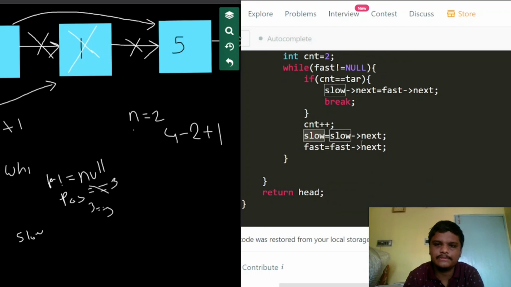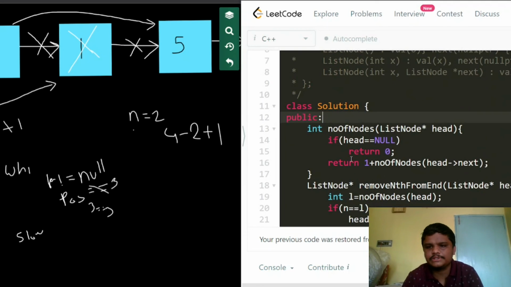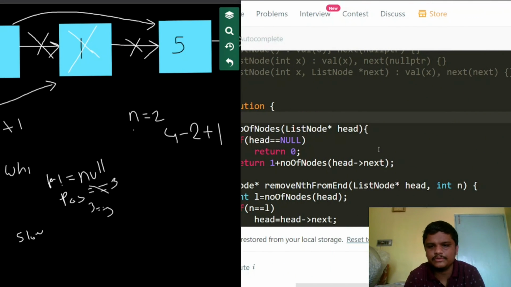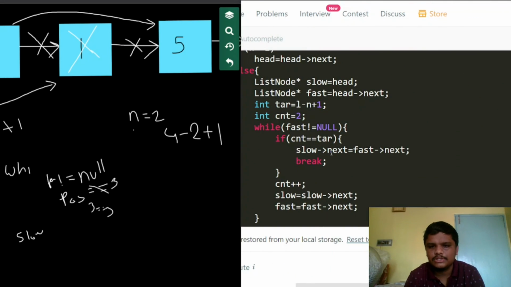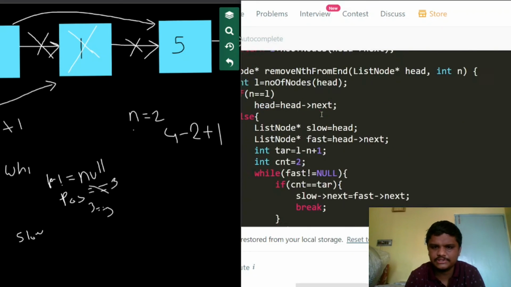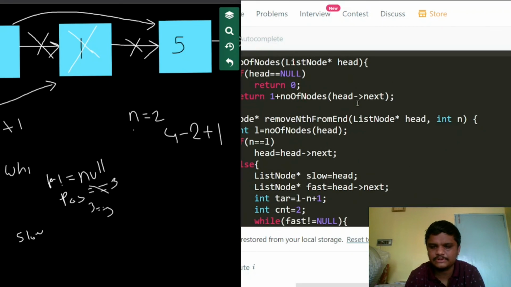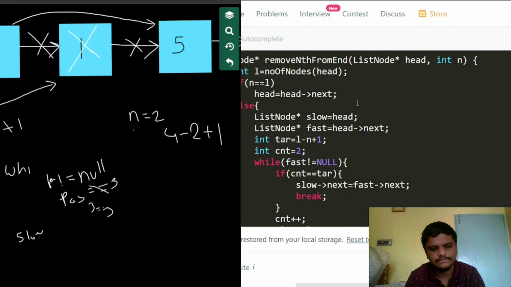After coming out of the while loop, we just need to print head. Over here, you can see that we are traversing through the loop only once, so its time complexity is big O of n, and we are not using extra space, so the space complexity is big O of 1.